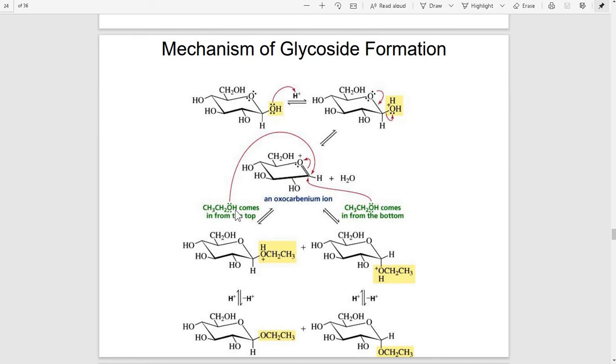After that we add CH3CH2OH. This CH3CH2OH can attack from the upside or from the downside. Two possibilities are there. When this group attacks from upside or downside, the bond shifts over to oxygen and the oxygen gets neutralized. After that we get one product as axial and the second product as equatorial. With removal of the H plus ion, we get the glucoside compound, which is beta D or alpha D glucoside, both.